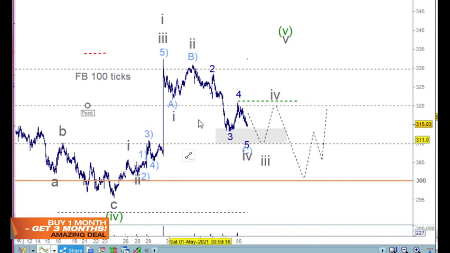So if we do get 5 waves down here, we'll be looking for the short trade over this side. But if we just get the ABC here, then you might want to buy it on here and sell it back here if you're that short, if you're trading in that space. I'm not sure, but